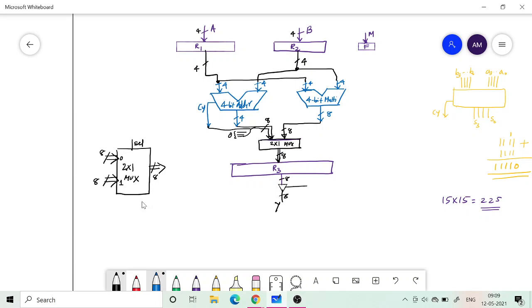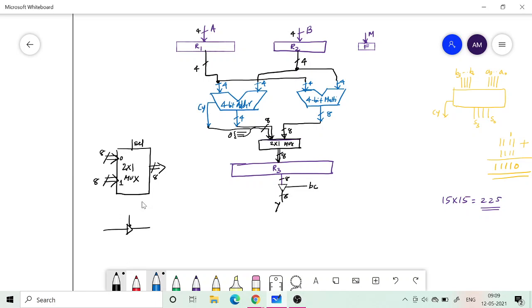So there is a buffer here, and the buffer control input. Okay, so I will just use BC, standing for buffer control. So if BC is 0, whatever is at the input will not come at the output, it will be in high impedance state. So the operation of the buffer is like this. It's a tri-state buffer.